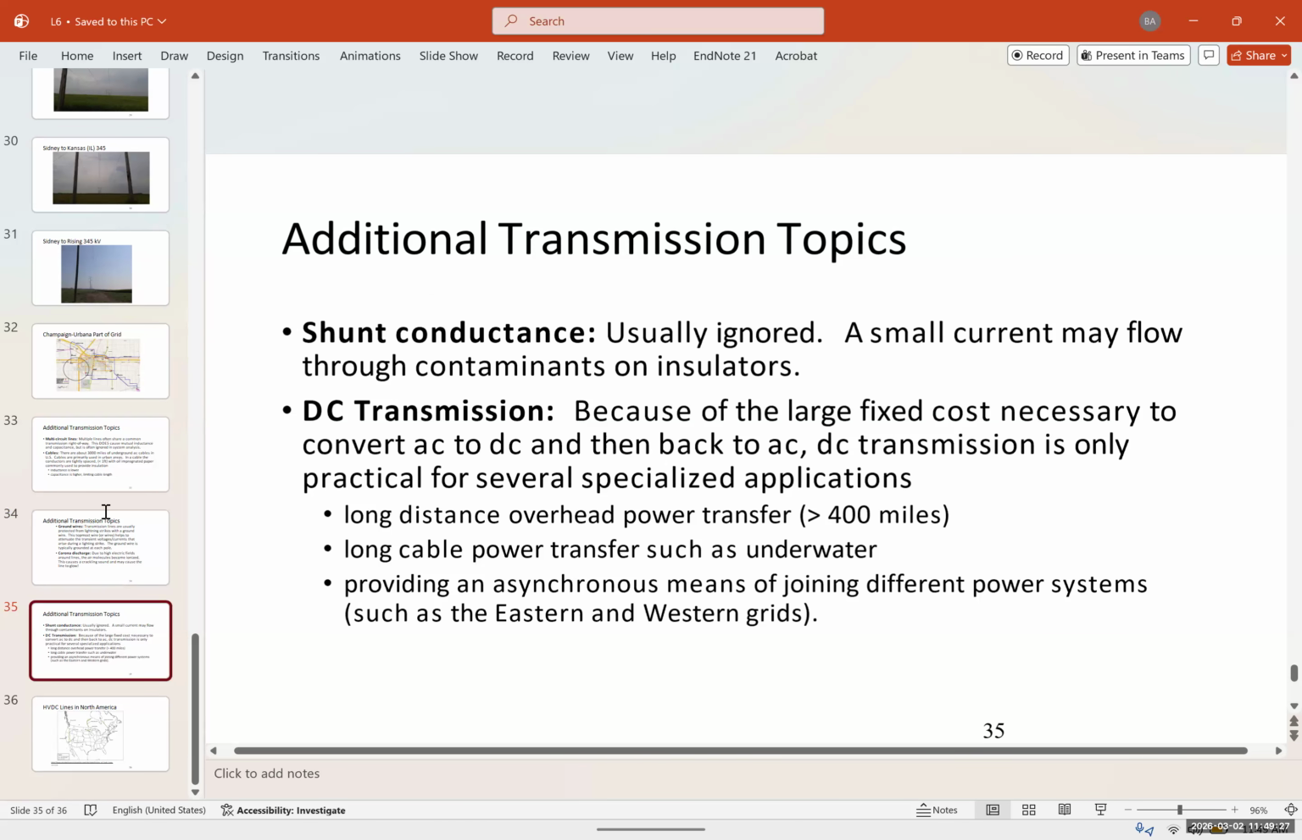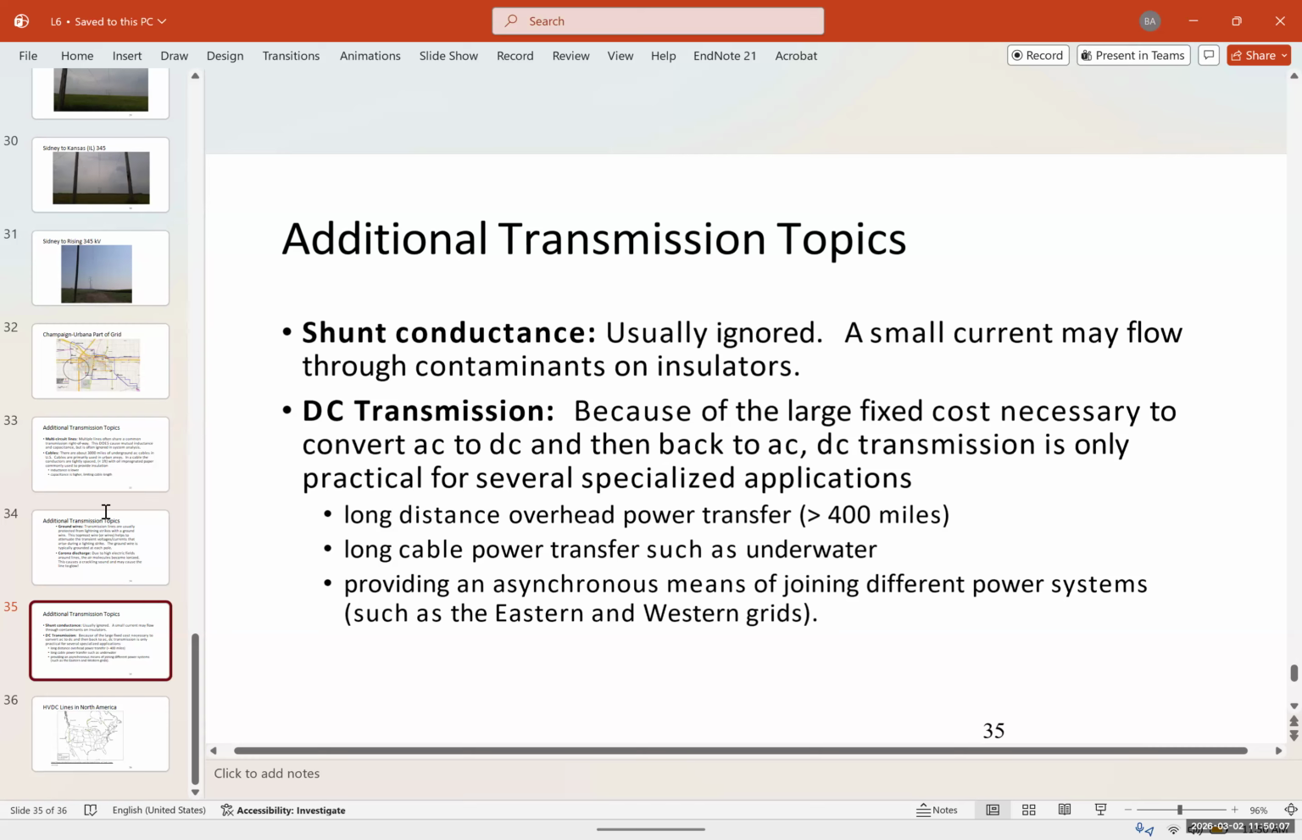Now, shunt conductance, usually ignored. A small current may flow through contaminants on insulators. And we have DC transmission. Because of the large fixed cost necessary to convert AC to DC and back to AC, DC transmission is only practical for long distances and specialized applications. It's only economically viable if the distance is above 400 miles